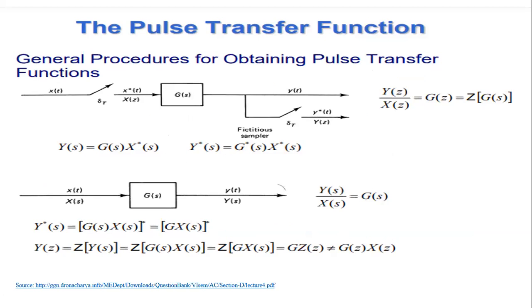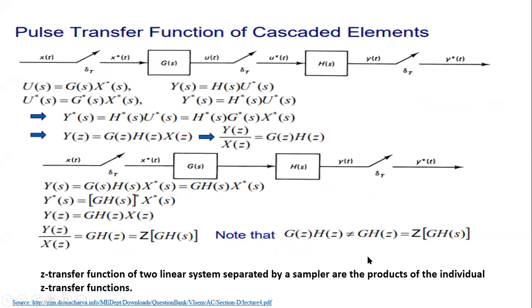Whenever I'm trying to obtain a pulse transfer function, which is nothing but Y star of S, practically it is going to be Y of S. I'll take a star function Y star of S, which in this diagram, if at all you see, will be G of S into X of S, the whole star. Now it is directly written as G into X of S. After seeing these two slides, we will go to the notes and understand the properties of the star function, so that writing this G into X part will be very clear.